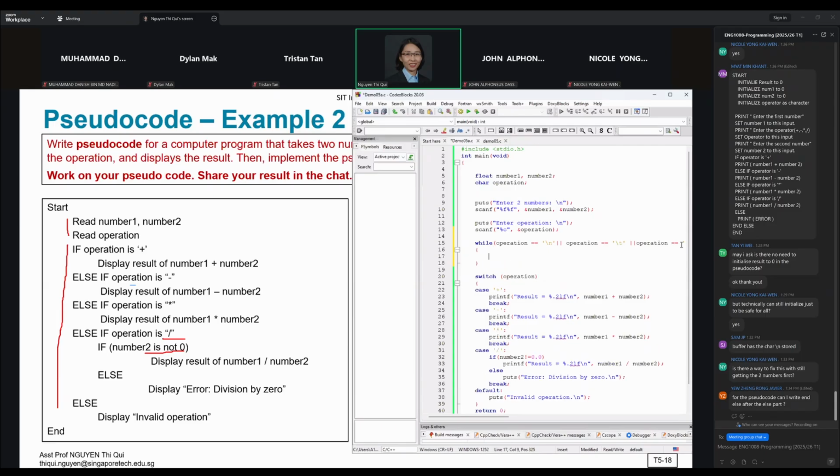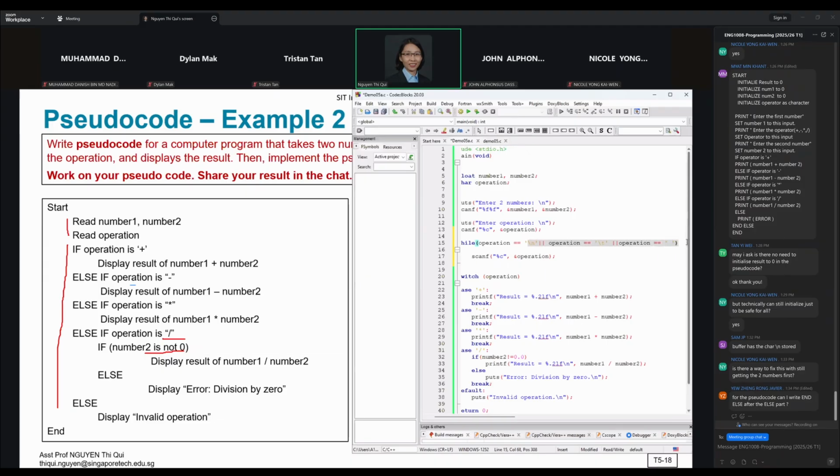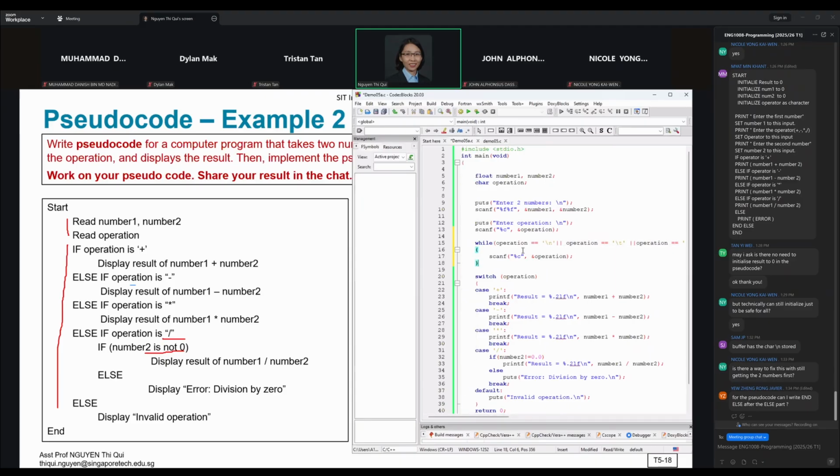Then we keep reading. We will keep doing this. So with this, we tell the program that if my character is an operation like this, a new line, I read the next character. I read the next one until it's not one of these special characters. So this is a way for you to fix the input, to handle those inputs that you don't want,